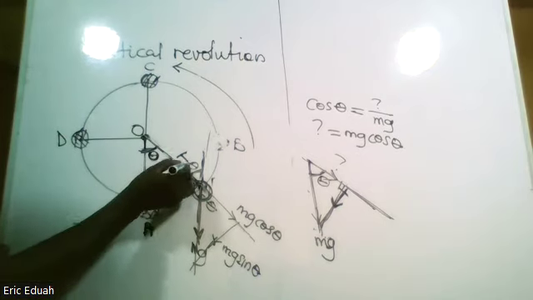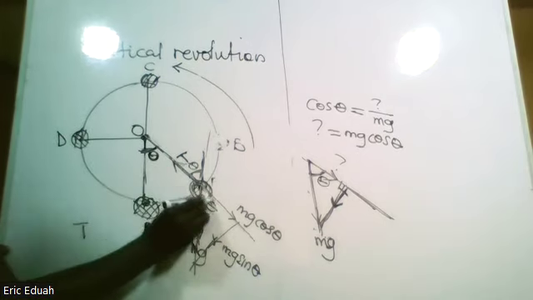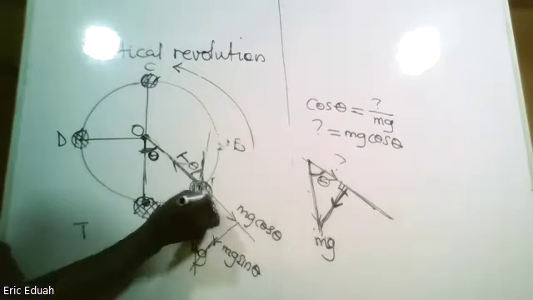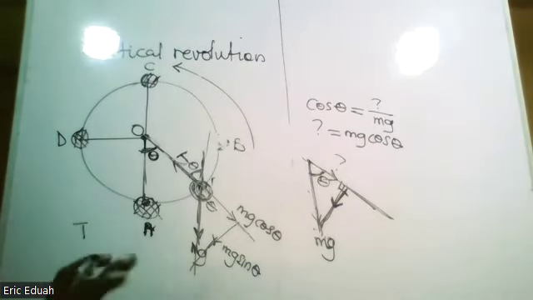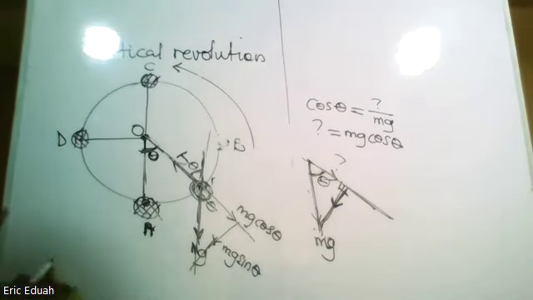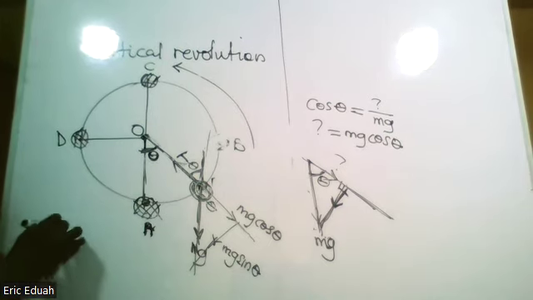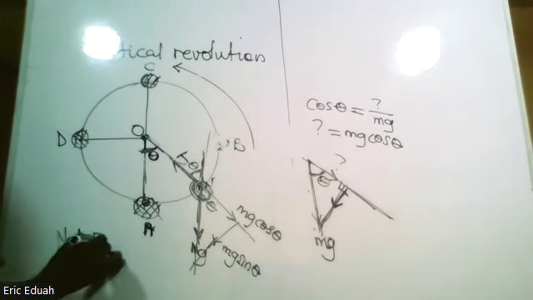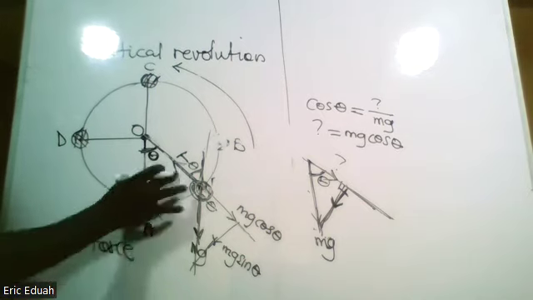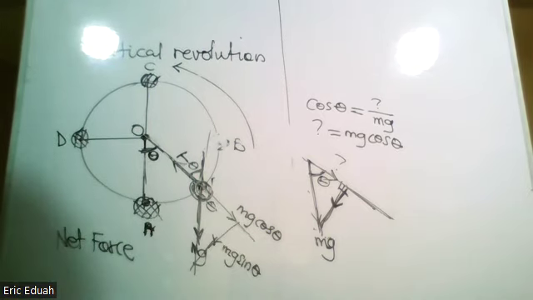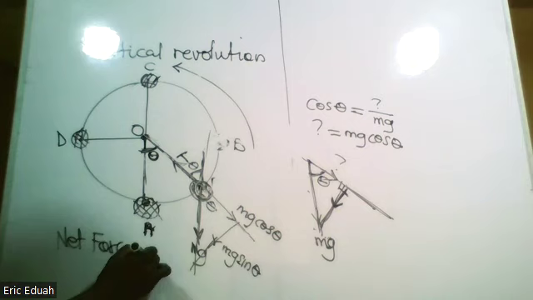There is a force here, there's another force here, all acting on the body. So there will be a net force. What is the net force? The net force between T and mg cos theta must be T minus